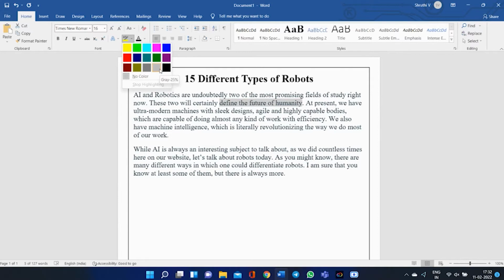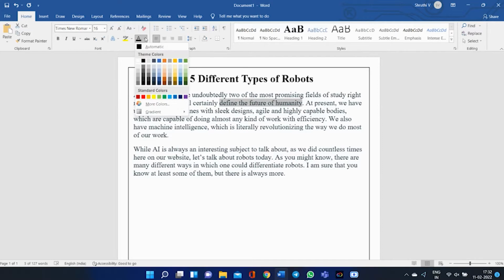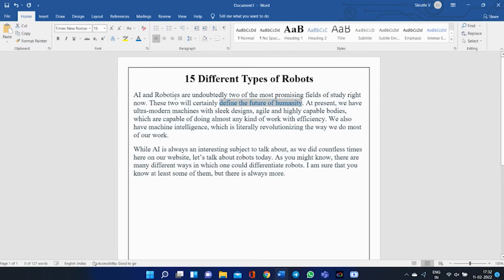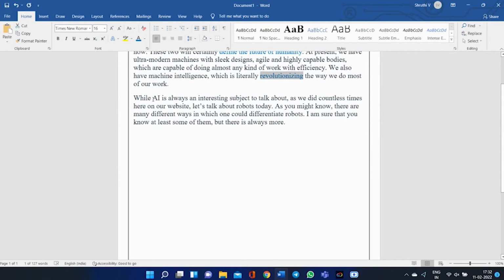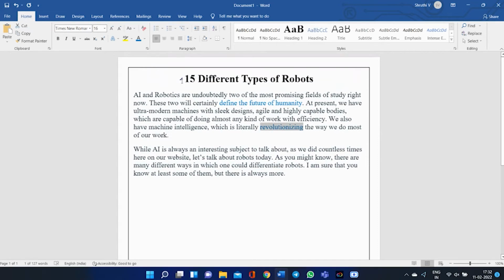You can highlight by giving colors or you can just change the color of the font like this. So here we have the heading and the intro passage.